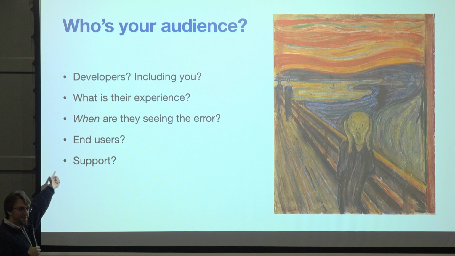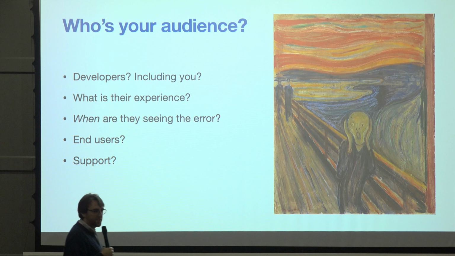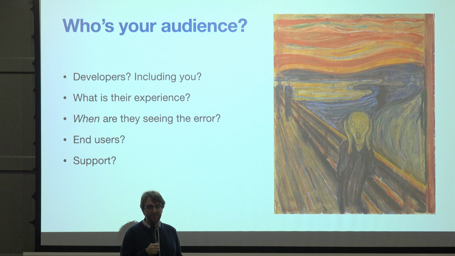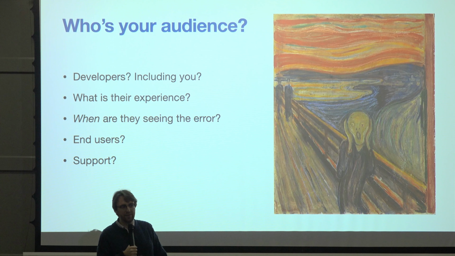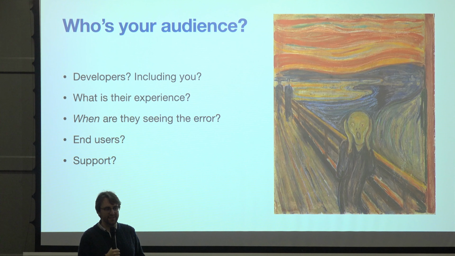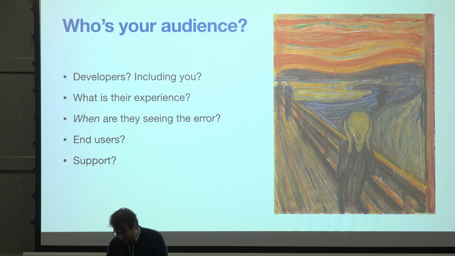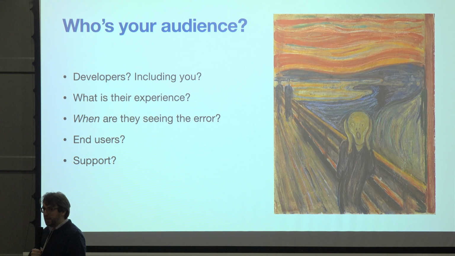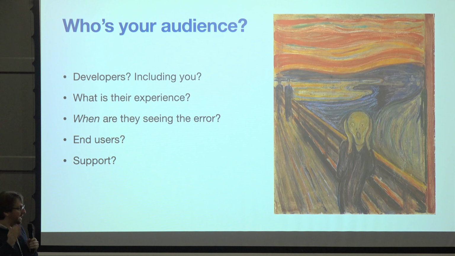And then when they do contact support, what does support do? Well, they're another group of users, right? If you've got a support team, they want to do something completely different with this information. If they get some upset customer sending a screenshot which says, "Something went wrong, please try again later, contact support," what can they do about it? They want to be able to look up solutions in some kind of knowledge base. You can't search a knowledge base for the phrase "an error occurred," because that can mean literally anything. So they might want something like error codes, different codes for different things, which have a meaning that they can look up in some wiki. It is different for different people what's useful in an error. Keep in mind all the people, even the indirect ones, who are going to be seeing it.